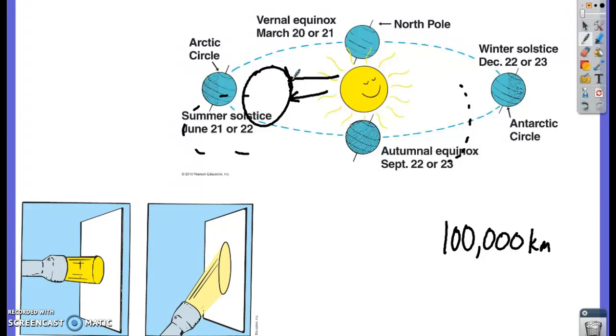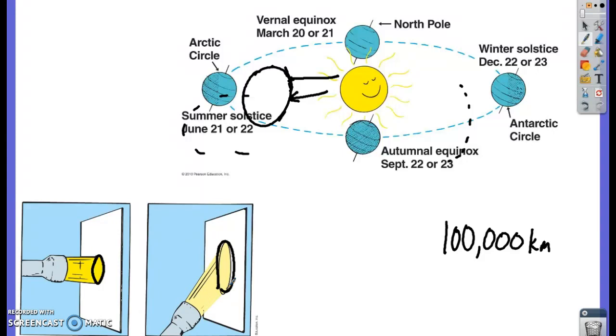At the Earth's equator, where the sun's hitting directly, this amount of sunlight would be covering a spot like that. However, when it hits farther up or down on the Earth's surface, it's like we tilted the flashlight, and now that same amount of sunlight, no more, no less, is being spread out on an area that might be twice as big. If you take the same amount of sunlight, and therefore the sun's energy, and spread it over twice as big an area, it's only going to get half as hot,